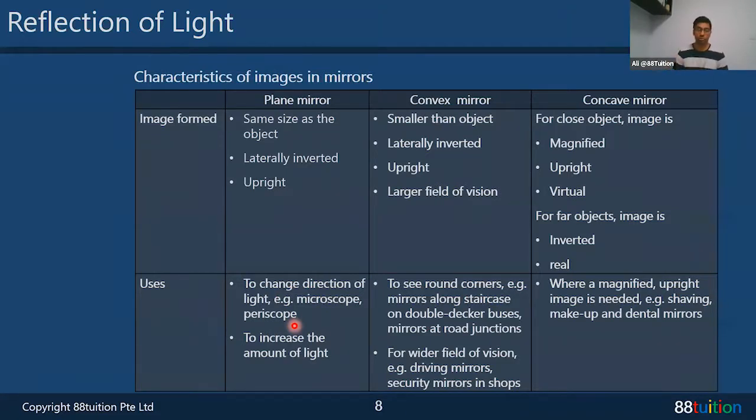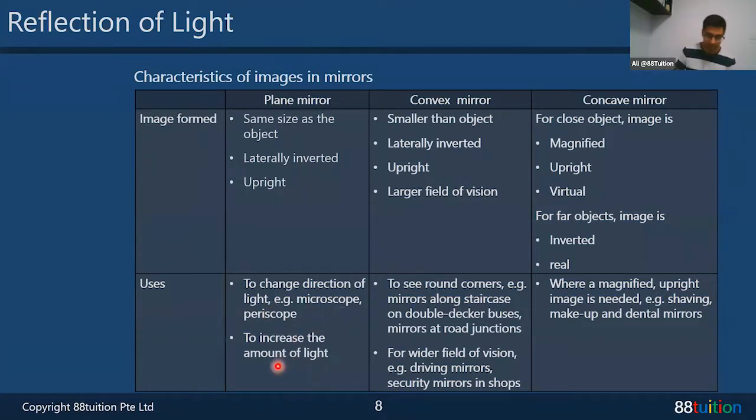Imagine all our toilets in the school change to convex. It's not going to be of any use because we cannot see ourselves clearly. We see ourselves smaller than the object, smaller than ourselves, and we're going to have trouble. So the use of the plane mirror is to see ourselves, to have a reflection, but